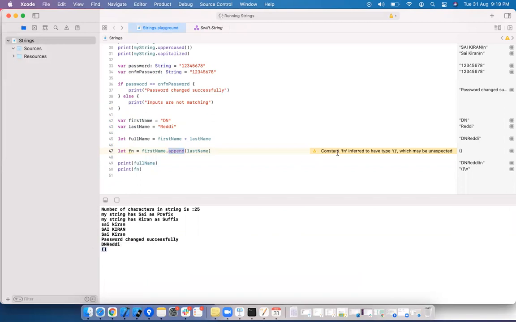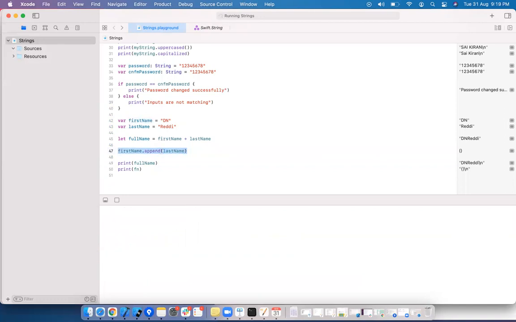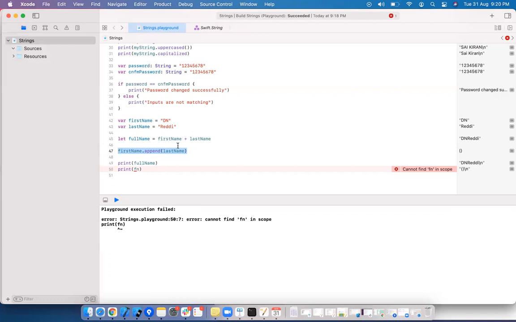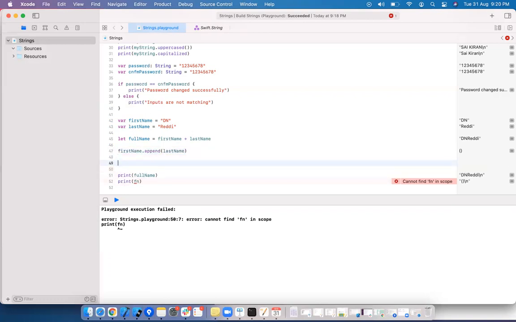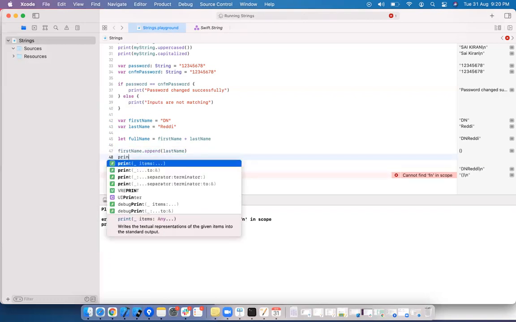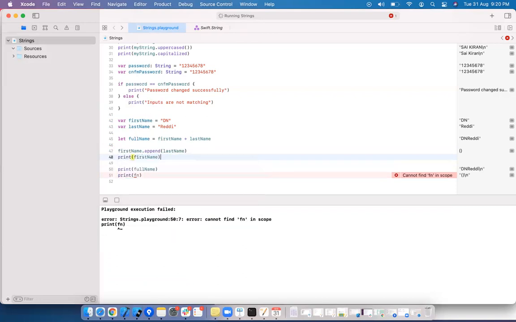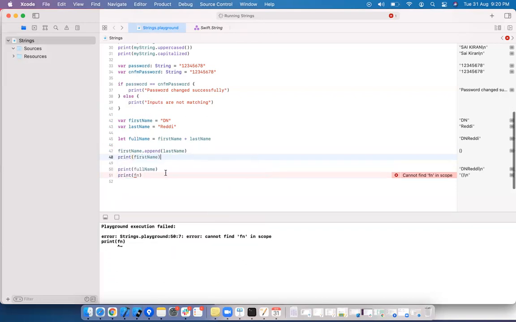Here the warning, if you see, constant fn inferred to have type empty, which may be unexpected. This is not required. The append method is not returning anything. Since it is not returning anything, you should not have any variable. You don't need any variable to hold the result, which is empty. That is what it says. Now I'll just print first name here and see the result.